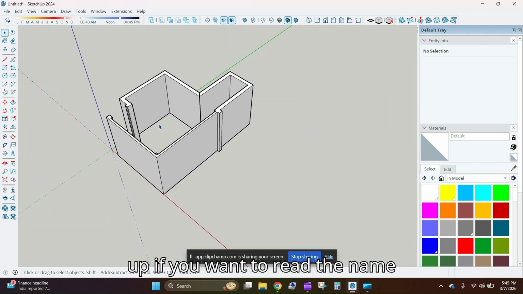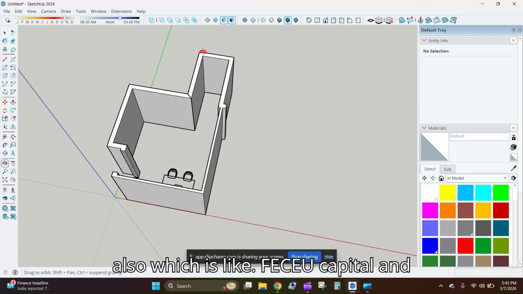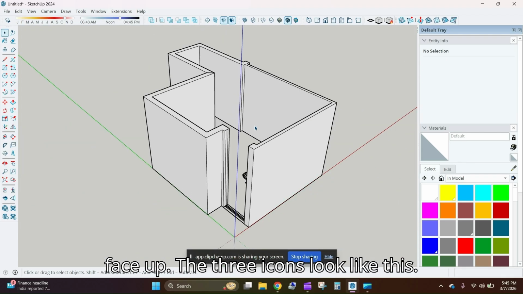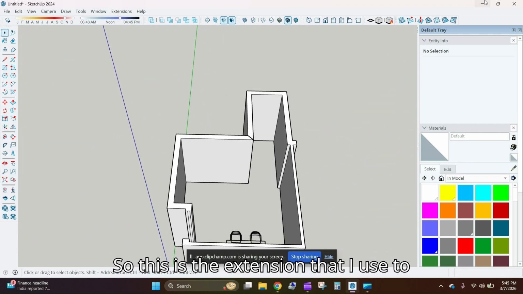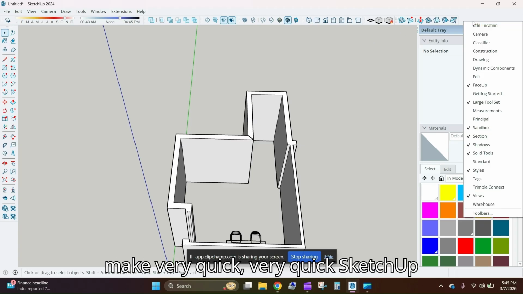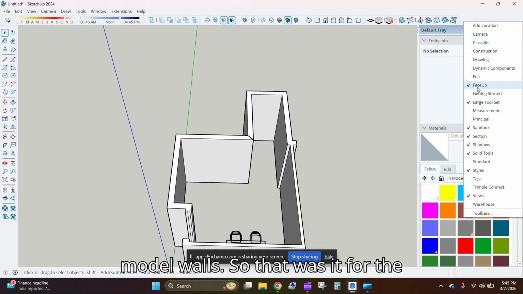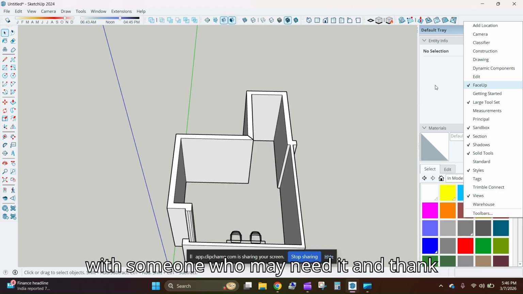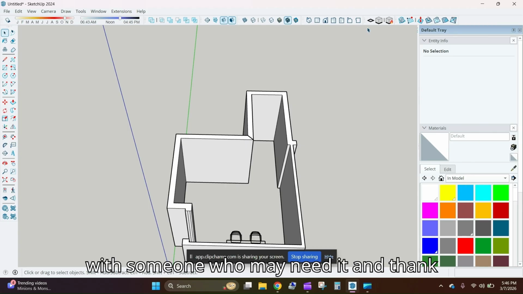to do this. So this is how easy it is to make a model in SketchUp with the help of the extension named Face Up. If you want to read the name also, it's like this, F-A-C-E, U capital, and Face Up. The three icons look like this. So this is